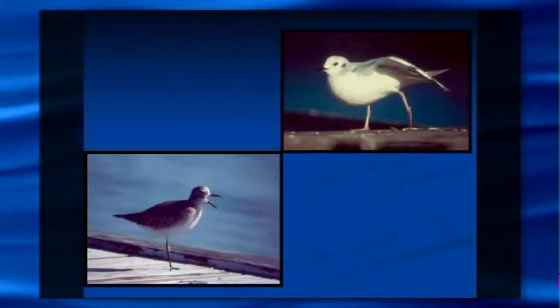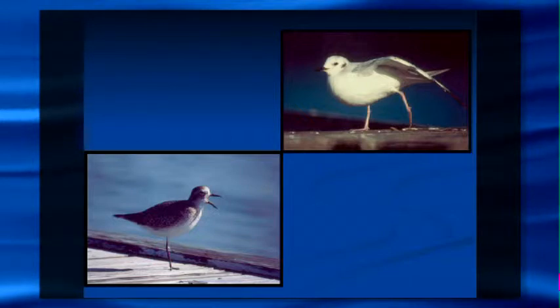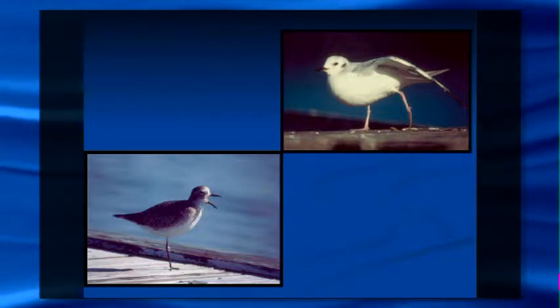So with that, we've got a Bonaparte gull that is stretching because it's tired, and we got a black-bellied plover in its winter plumage that is yawning, and I think that's my signal that...